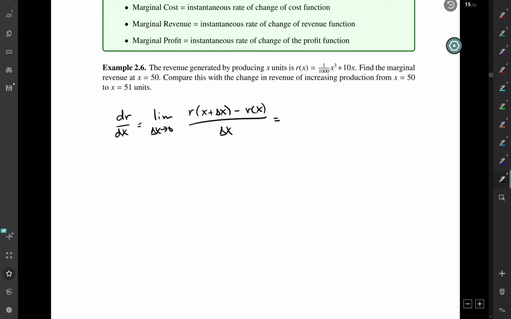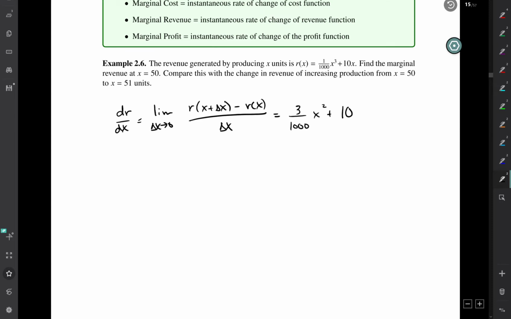And I'll teach you an algebraic way of doing this in the next section. So rather than go through this whole calculation, I'm just going to use a quick shorthand. I know that this derivative is going to be 3 over 1,000 x squared plus 10. Okay, so that's the derivative of the revenue function. And now to find the marginal revenue,